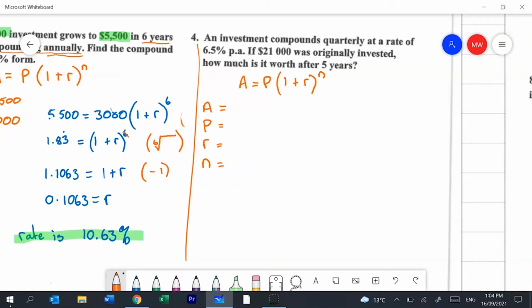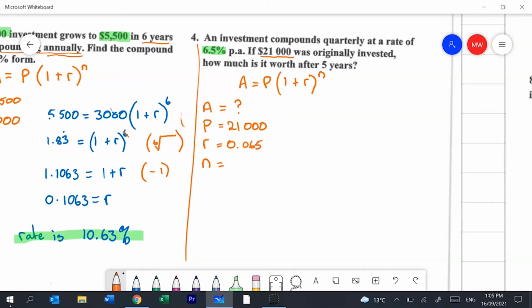Right, we're looking for our account this time. Okay, we've got a principal amount of 21,000. We've got a rate. Now we need to be really careful. Our rate for starters is expressed as a percentage up here, okay? And we don't want it as a percentage. We want it as a decimal, which would be